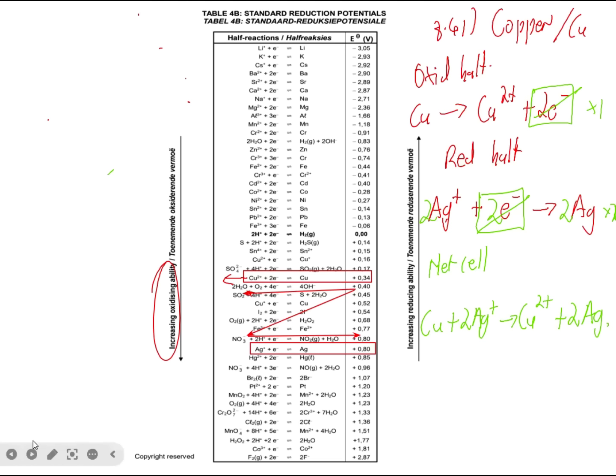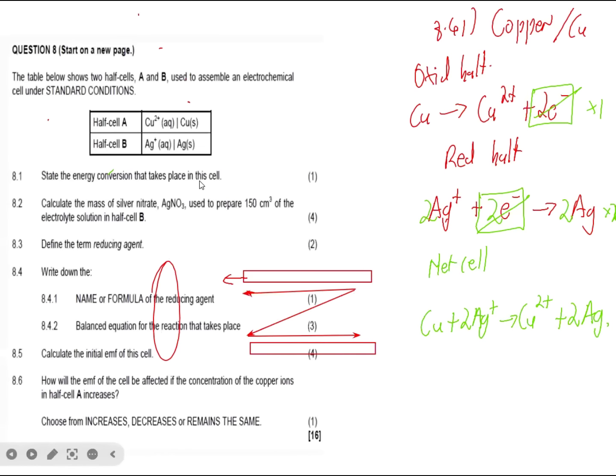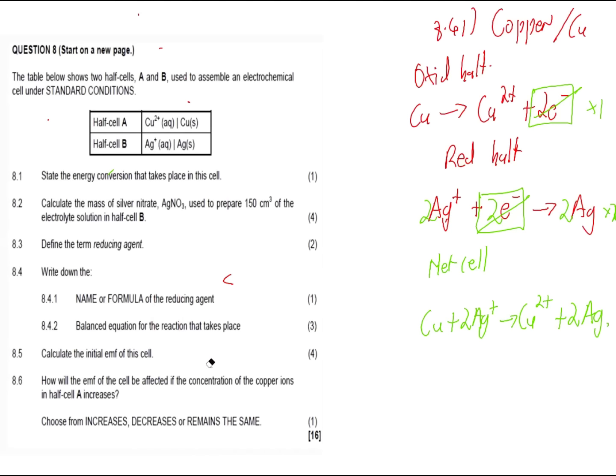What else do we have? It says calculate the initial EMF of this cell. Calculate the initial EMF of this cell. So we're just going to go for 8.5. So this was 8.4.2. 8.5: E cell is equal to E cathode